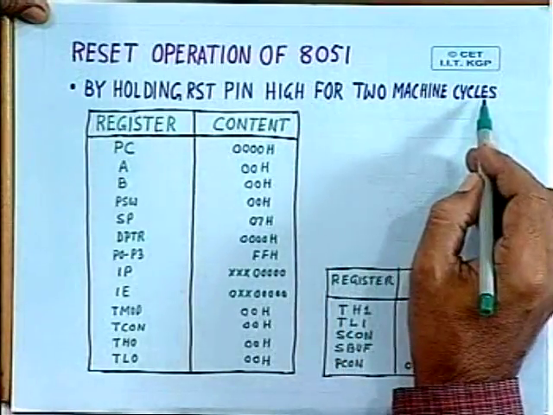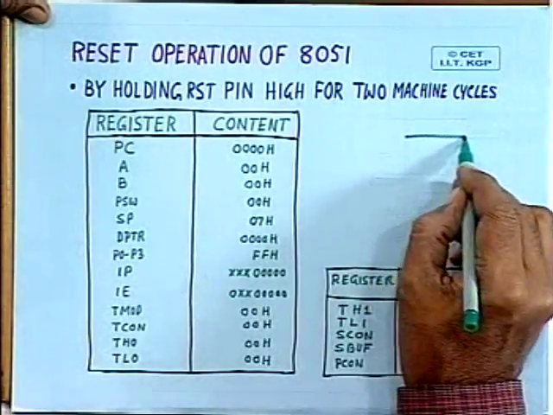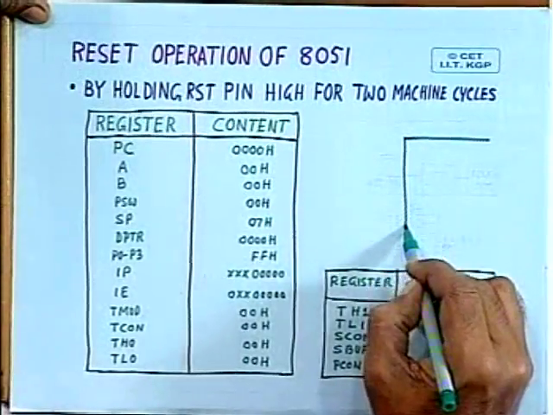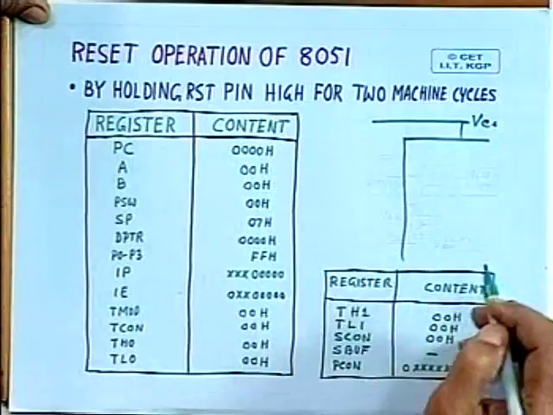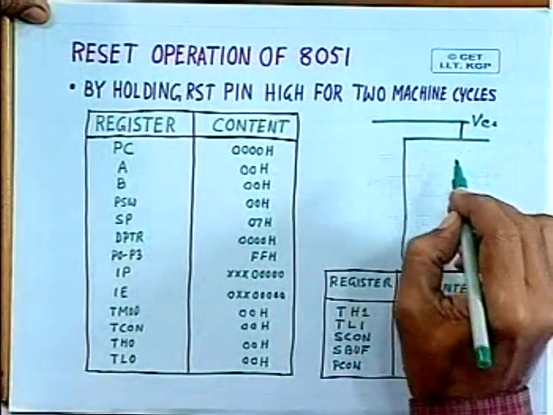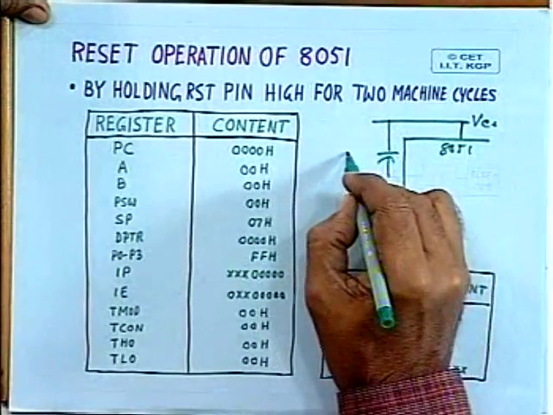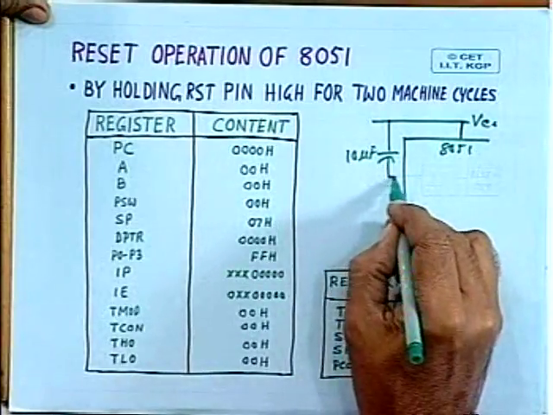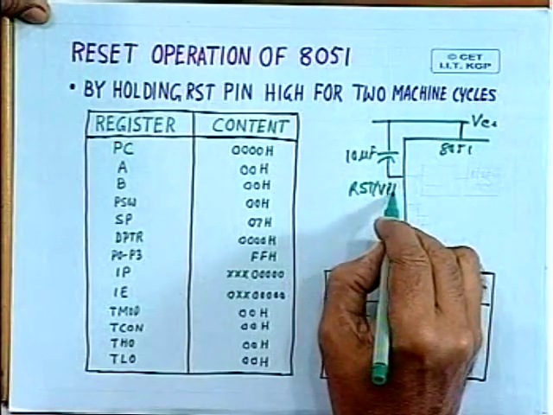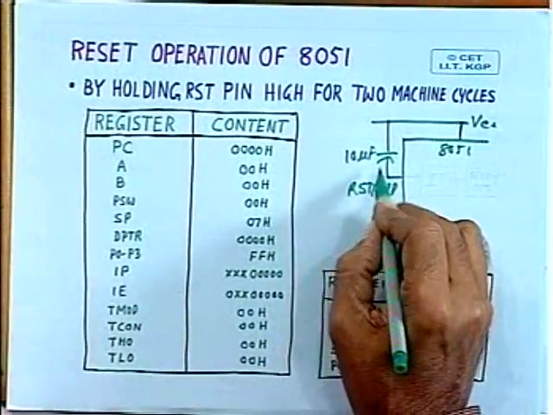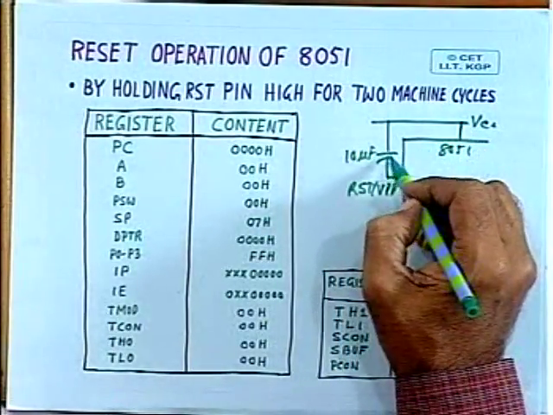you want to make it power on reset, how will you do that? It can be done by using some external resistors and an external capacitor, as you know. So this is your VCC connected to the processor. This is your 8051, and you can connect one capacitor, say 10 microfarad typically, to that RST VPD pin. So to this RST VPD pin is connected, and whenever you turn the power on, this capacitor is